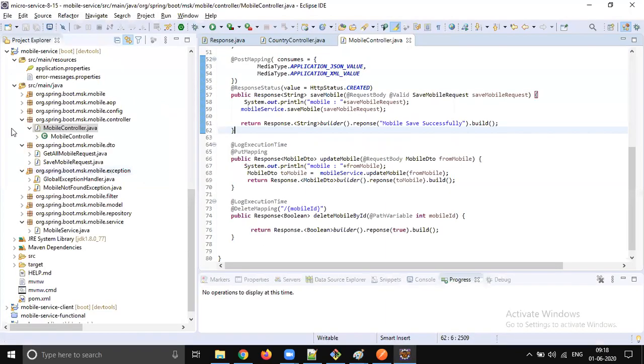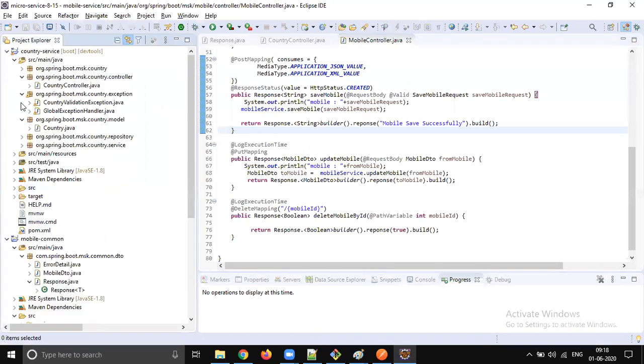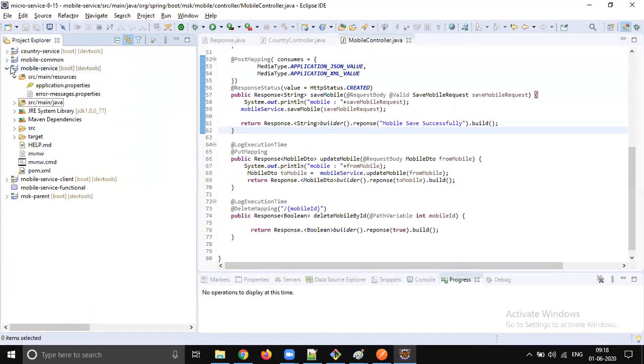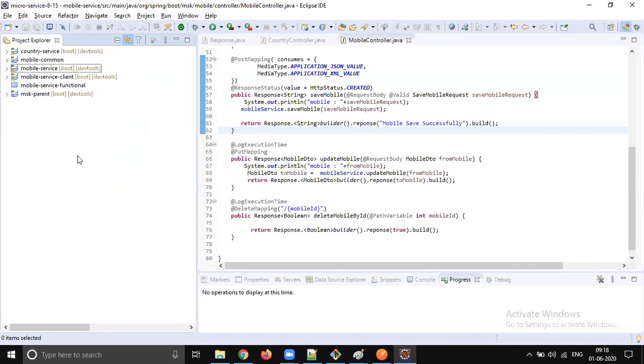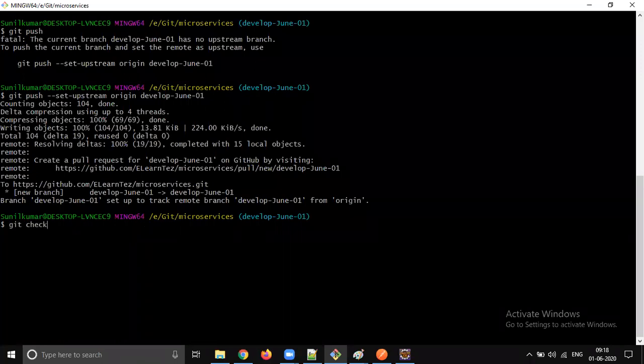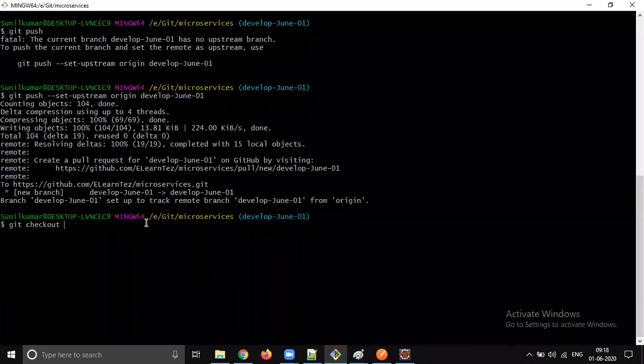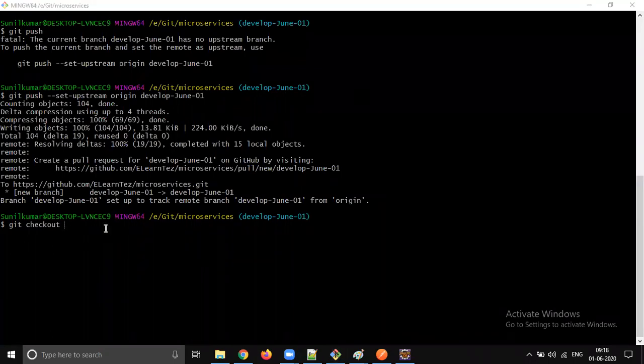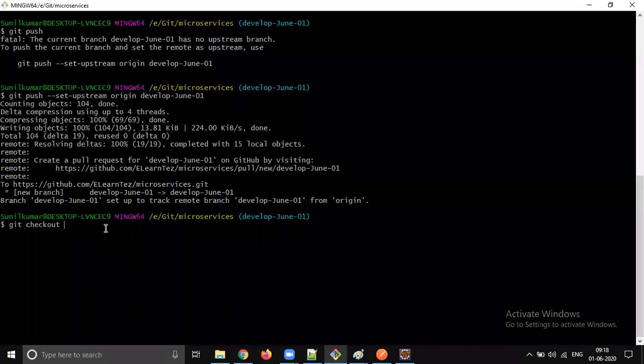So let's quickly go to, okay, I will show that problem. I will show that issue, then you will understand why we need it. So to show that, the issue code is already available. What I will do is show that issue first, then I will make you understand why we put this change.